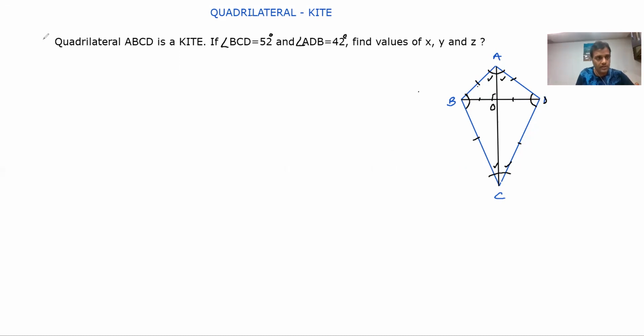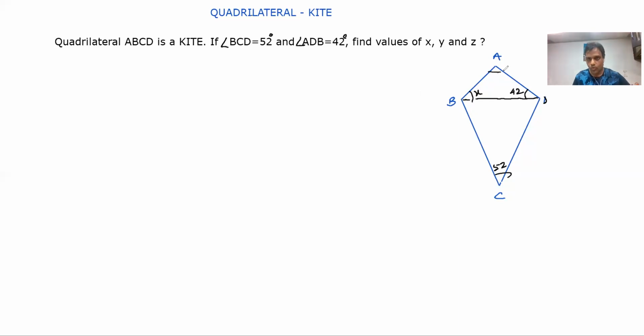Let me solve this question now. What it says is that this quadrilateral ABCD is a kite, and angle BCD is equal to 52°. Let me rub this. So BCD, this angle, is 52, and angle ADB is 42, which means that if I draw this line, this angle is 42. It says find